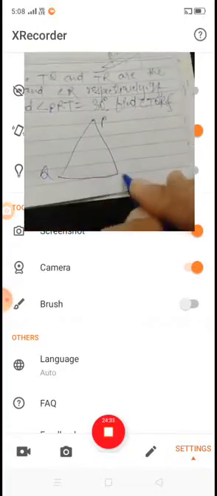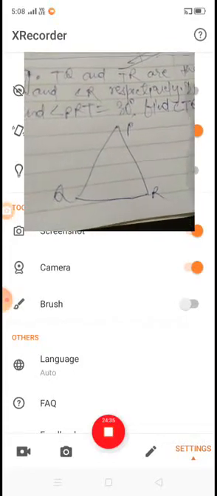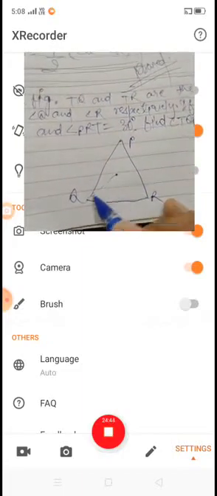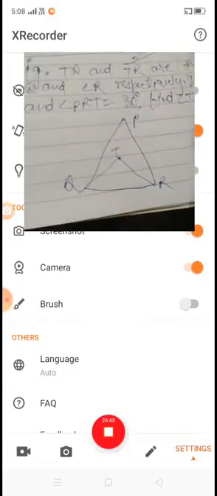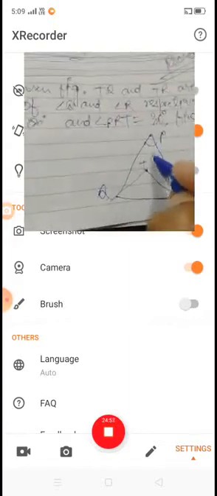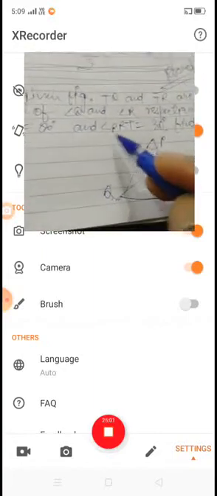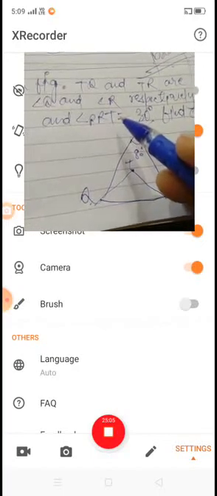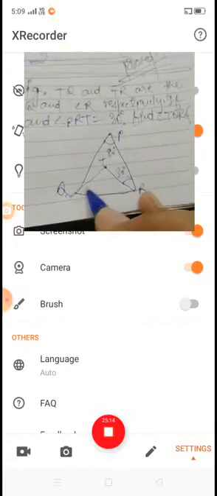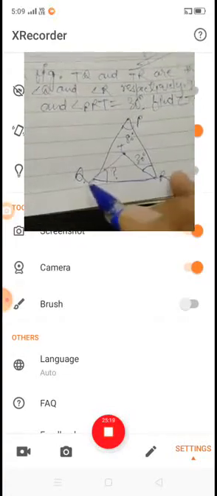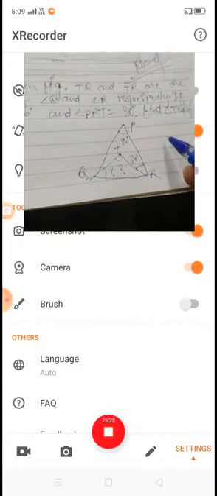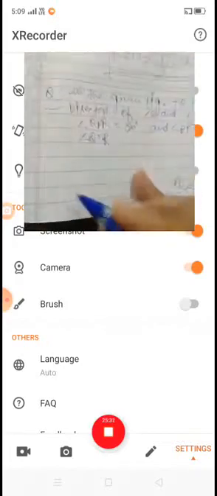Your figure is that angle PQR and the bisectors TQ and TR, the bisectors of angle Q and R respectively, meeting at point T. If angle QPR is 80 degrees, and angle PRT is 30 degrees, we find angle PQR and angle QTR. Now solve it on the next page.